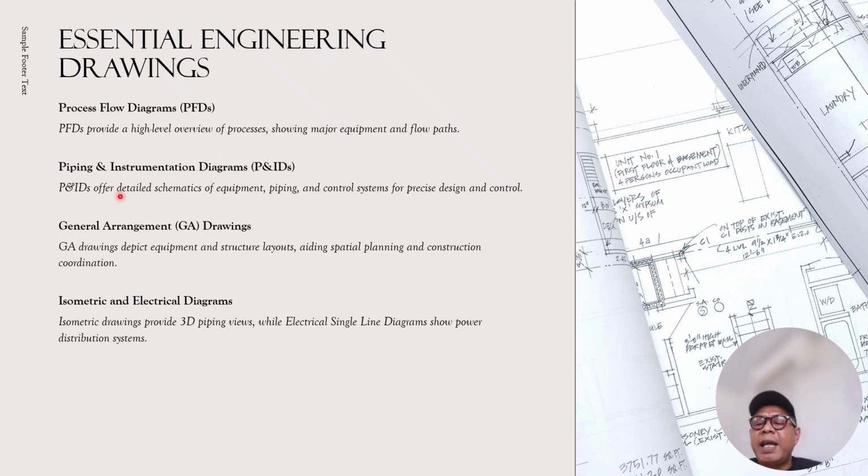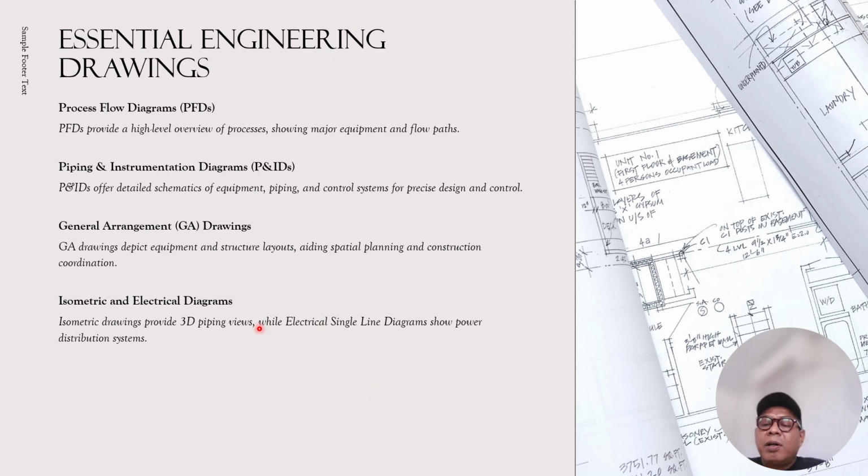The general arrangement, GA drawing, depicts the layout of equipment and structures, including plot planning. The isometric drawing presents the 3D piping system. Sometimes a project doesn't have a 3D model, depending on the project requirement. Maybe it can be installed by another method based on the actual situation in the field. So the arrangement drawing adds plot planning for fabrication and installation. For electrical, the single line diagram, SLD, is an illustration of the power distribution network.